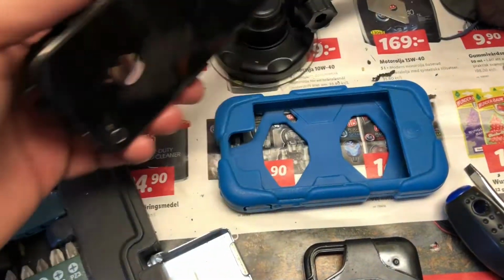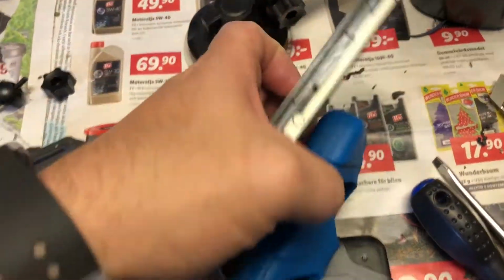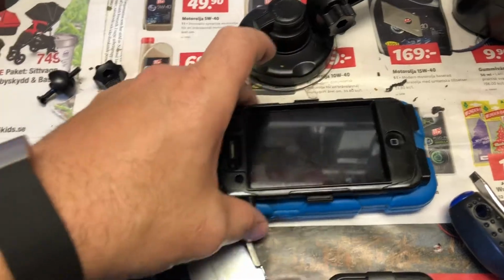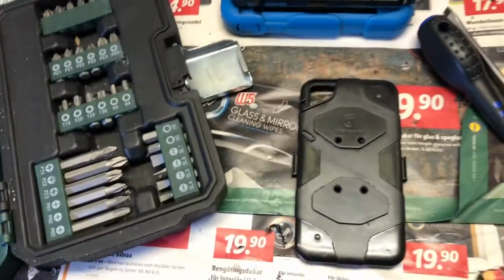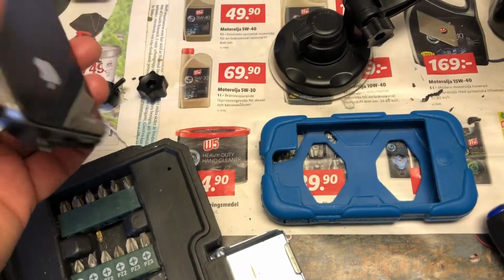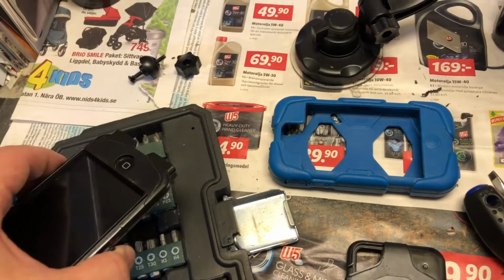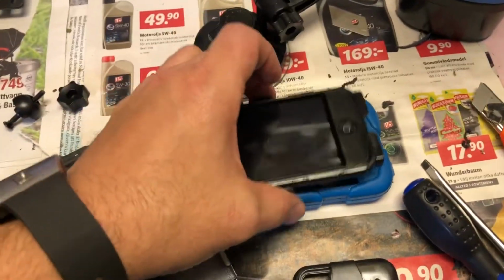iPhone 4S, which I bought in Japan when I was there a couple of years ago, and it came to use a lot. I mean, I dropped it a couple of times, especially on car meets and stuff like that, when you are driving and recording at the same time. And I had this